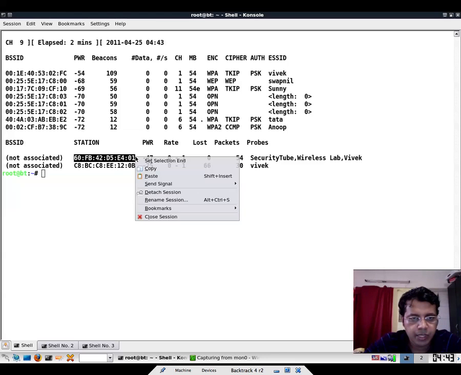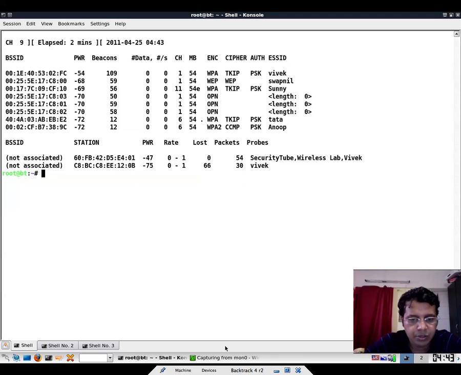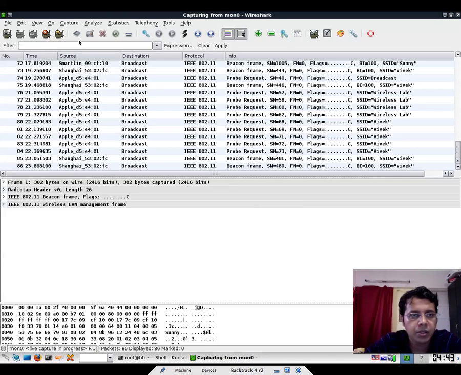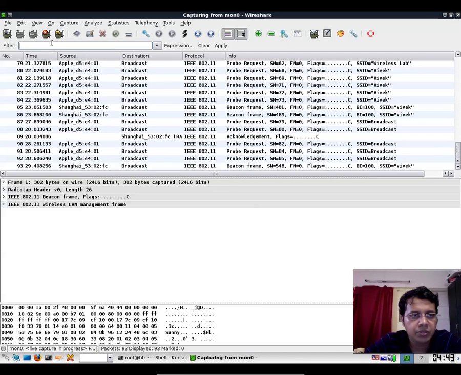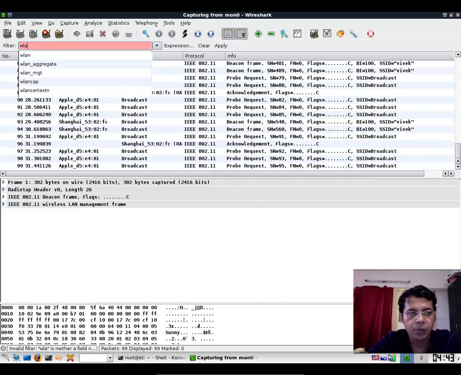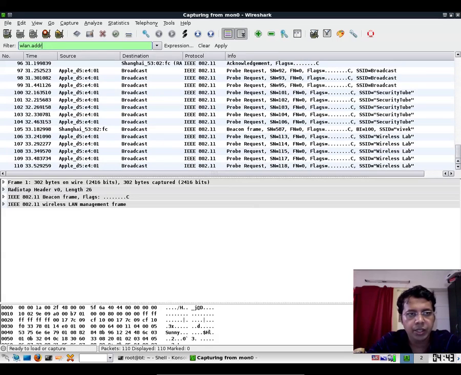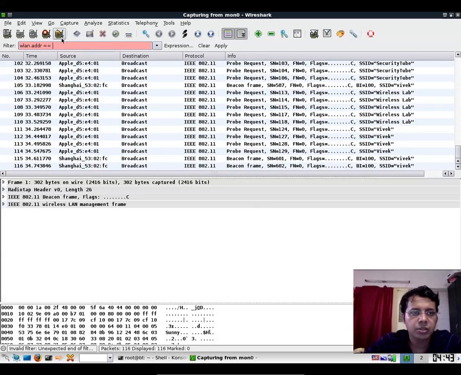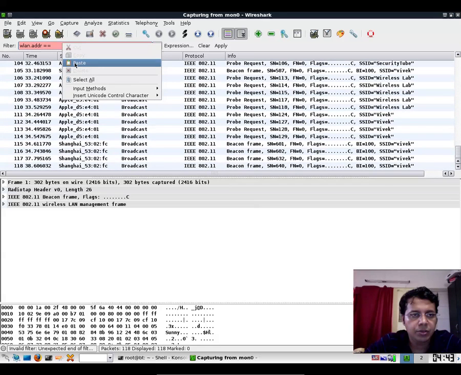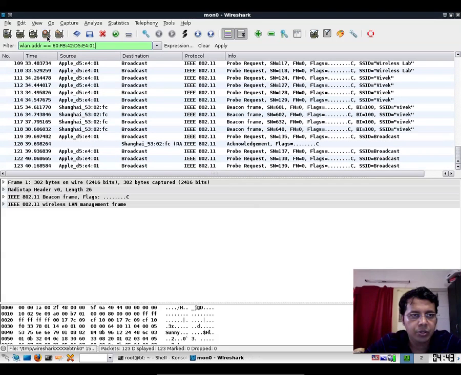So this is my iPhone MAC address, and let me stop the sniffing and just add a quick filter for wlan.addr equals the MAC address of my client. Let me stop this, apply the filter,